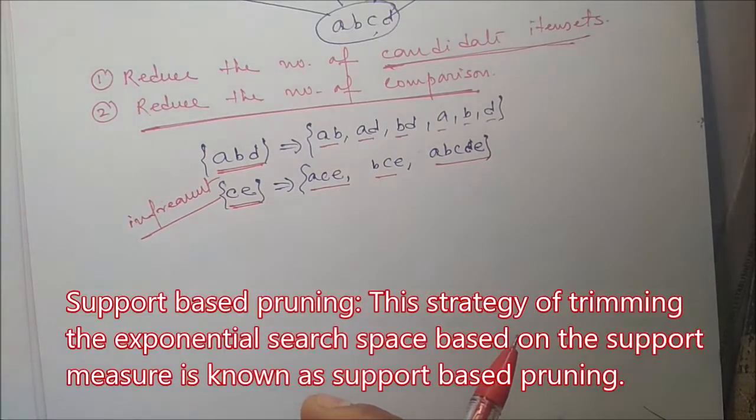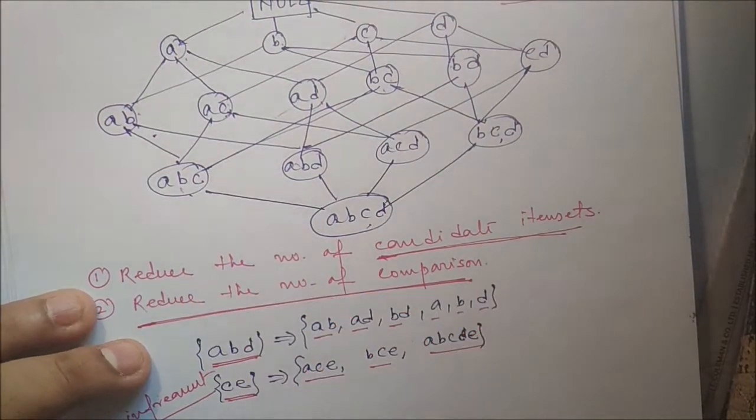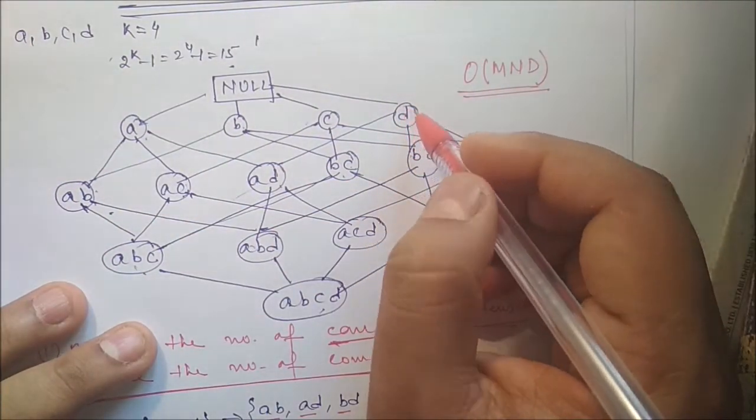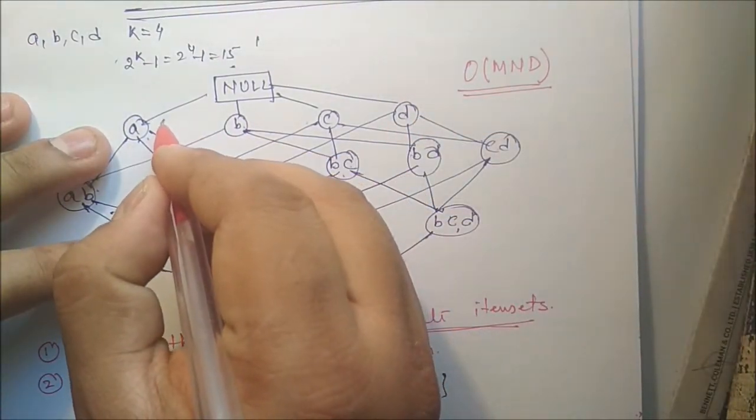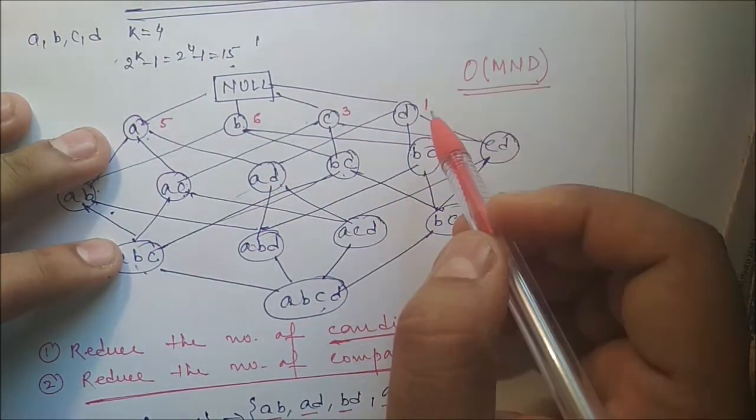So therefore the entire subgraph containing the supersets of AB can be pruned immediately once AB is found to be infrequent. This strategy of trimming the exponential search space based on the support measure is known as support-based pruning. Suppose it is seen that D is infrequent. Say the frequencies are 5, 6, 3, and 1. So its frequency is